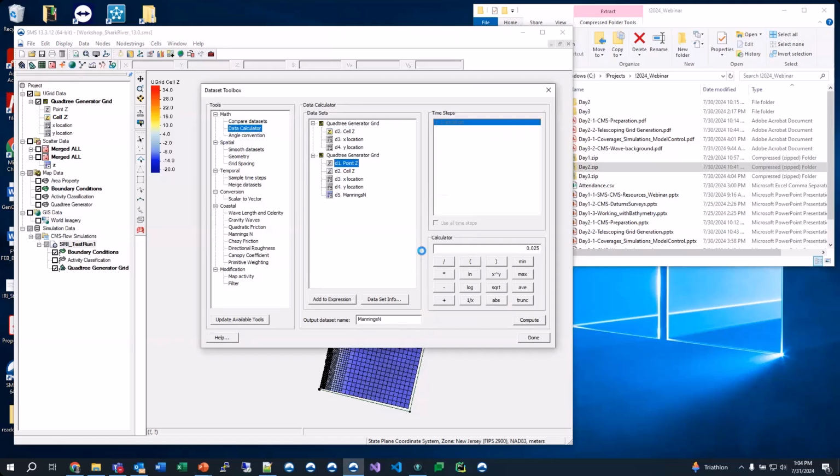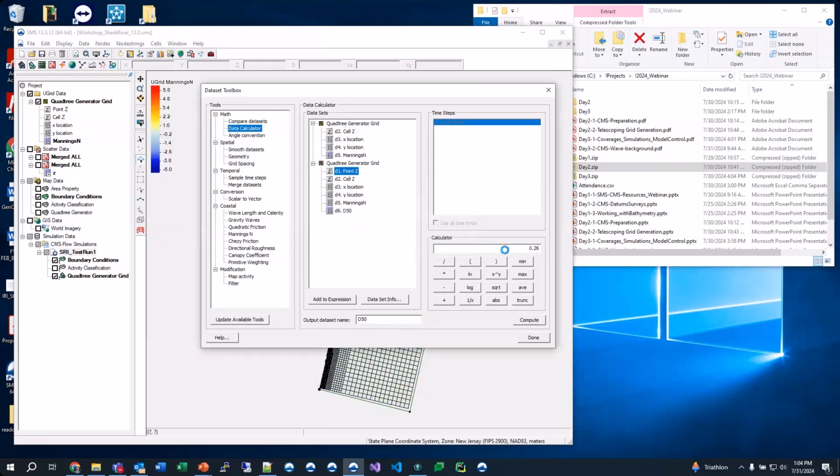Let's do it to the cells. And we're going to do 0.26 millimeters for the D50. And negative 999 for the